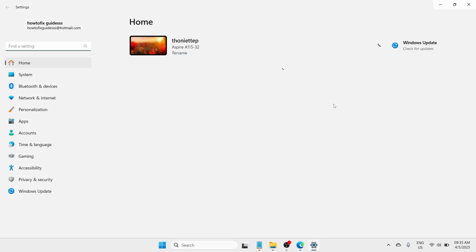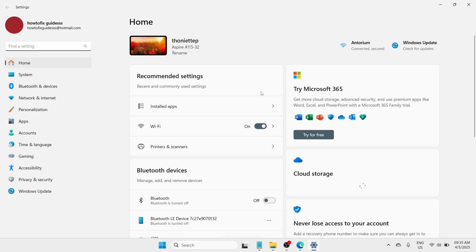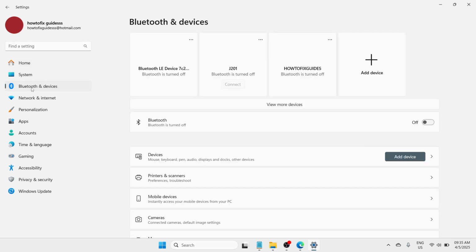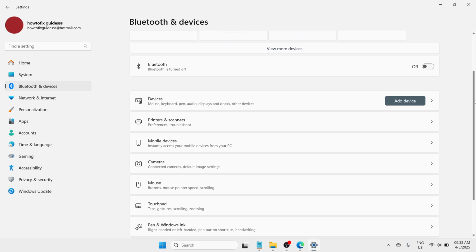Okay. So here with the settings window, please proceed at the left side of that. There you can see a list of the options. Please go with Bluetooth and devices. So click on it. And the moment you have clicked on Bluetooth and devices, you need to scroll down